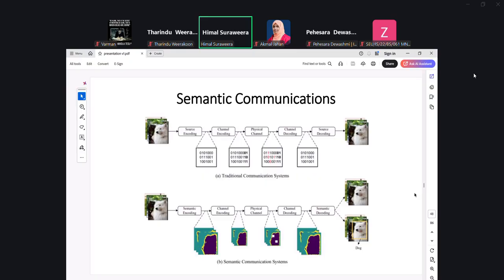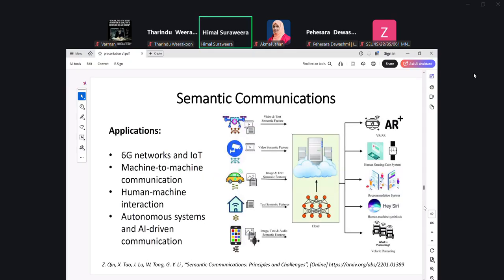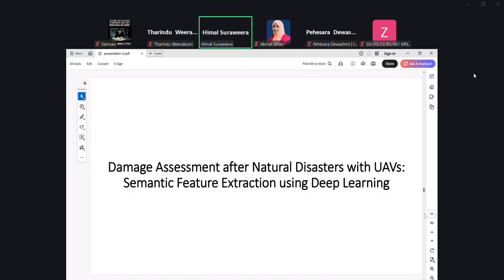So I will skip this part. I promise that I will also discuss a little bit how wireless communications can be used for machine learning applications. I have two very quick projects that we did with students. Here one application is that we can use wireless UAVs or drones to capture, for example, images of disasters, and then these disaster images can be conveyed to a server for further processing.